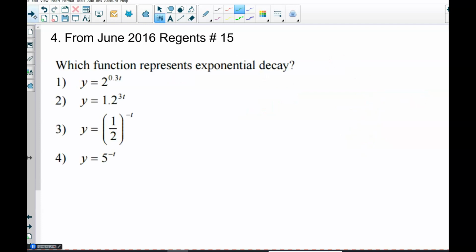Put the video on hold and try example 4, which is from the June 2016 Regents number 15. Did you get choice 4 as your answer? If so, good job. If not, let's go over each part. So for choice 1, what you would do is first take that function and put it into y equals b raised to the x form. So in your calculator,